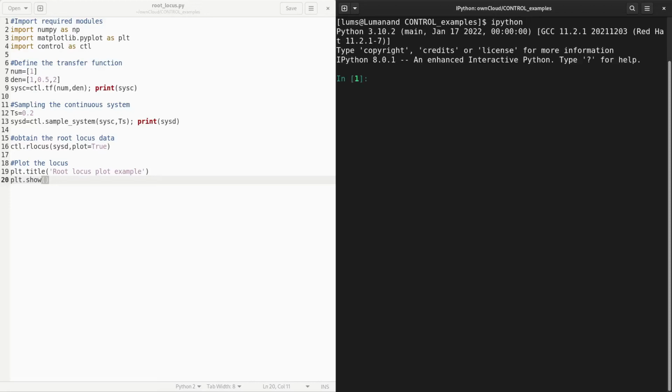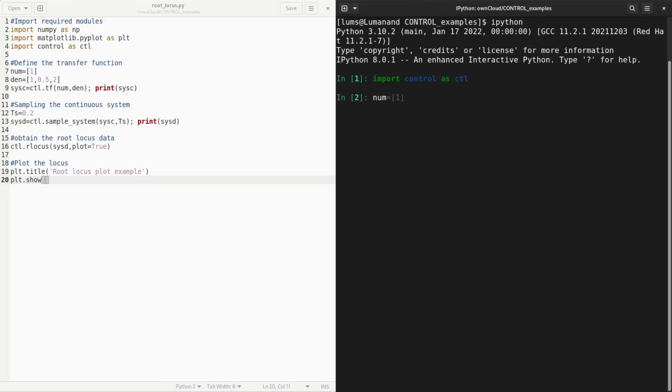So now you are in the IPython environment. It is like a Python environment. You can type in the Python commands and it is an interpreter mode. You will get the results as you type the statements. So for example, import control as CTL, and let me define the transfer function.